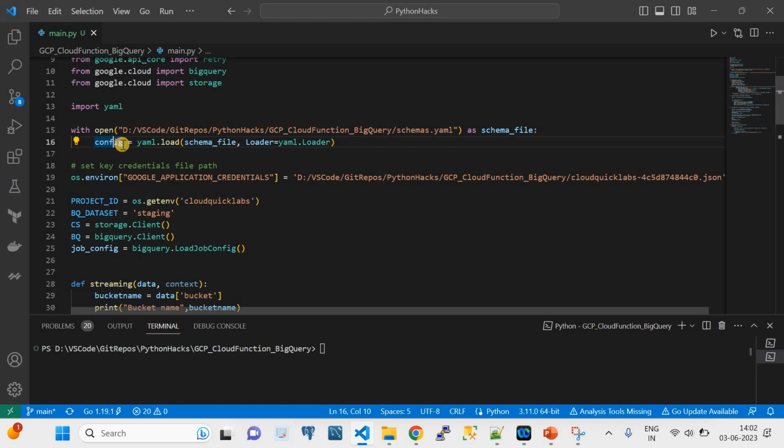A YAML, taking in the variable called config, right? So basically this config variable will have the YAML definitions. Now, once this variable is loaded, then you can